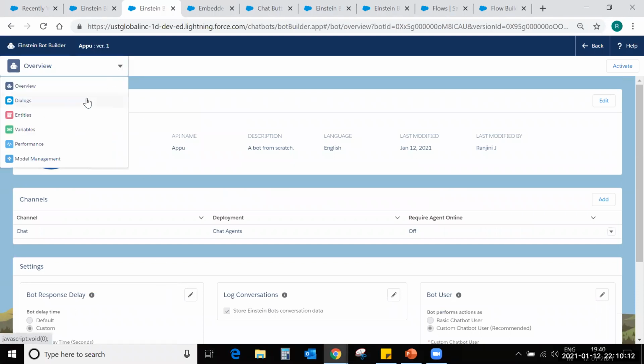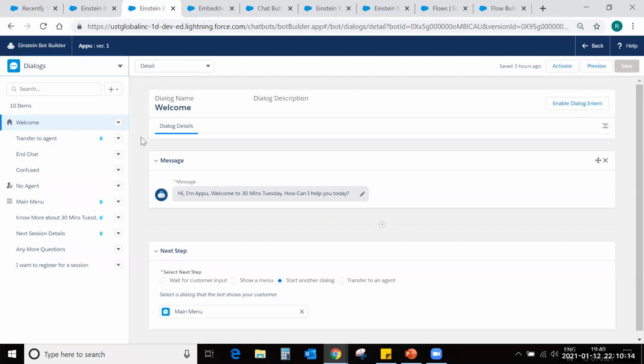Let's go to the dialogues tab. As soon as you create the chatbot, some default dialogues will be automatically created. That is welcome, transfer to agent, end chat, confused, no agent, and main menu.